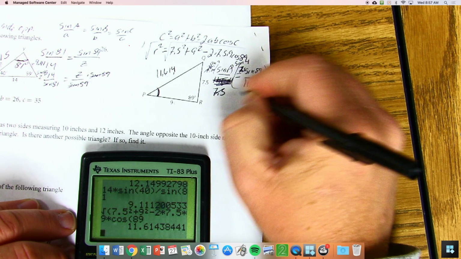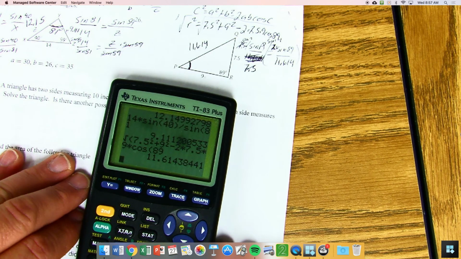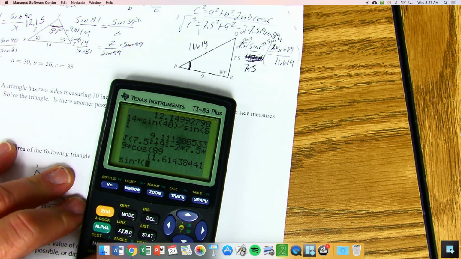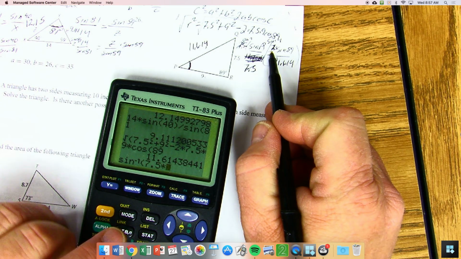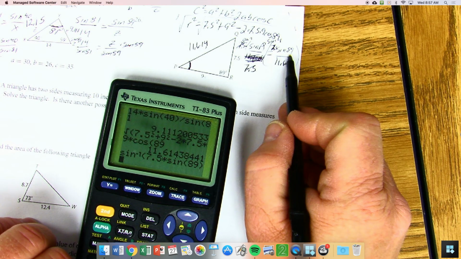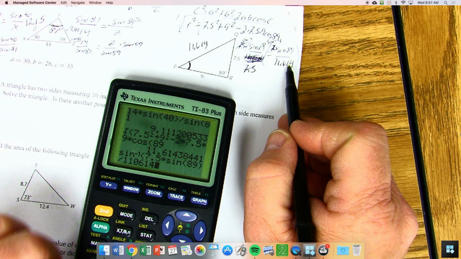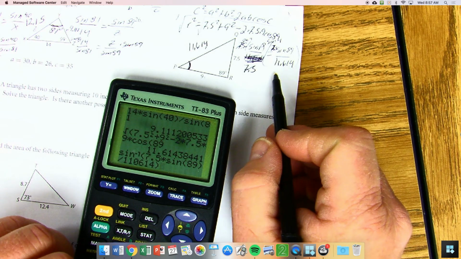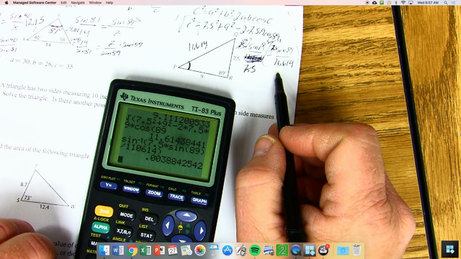So you can plug it in your calculator just like this. You guys like to do a lot of calculator work and you don't need to. You just plug it in just the way you see it. So second sine, this is 7.5 times sine 89 and the parenthesis on the sine 89 divided by 11.614 and the parenthesis for the whole inverse sine. Hit enter and my answer is, whoa,